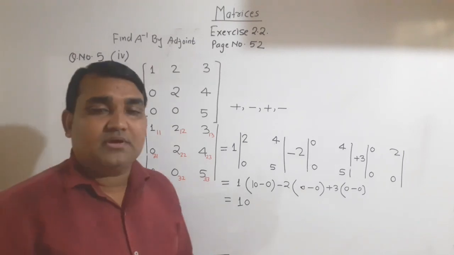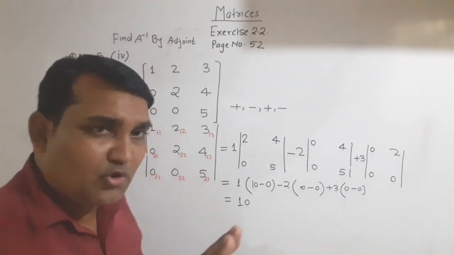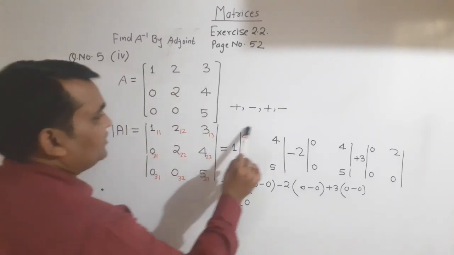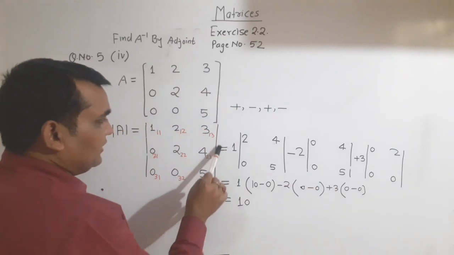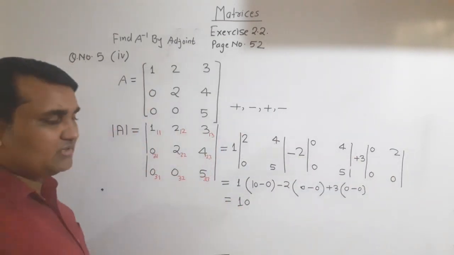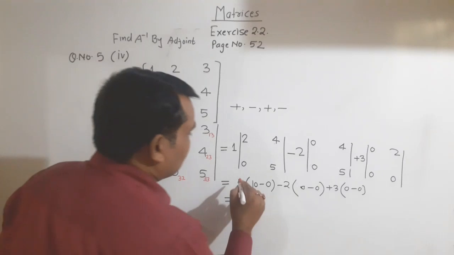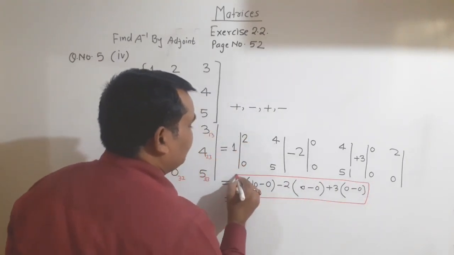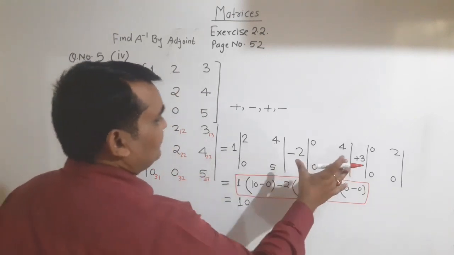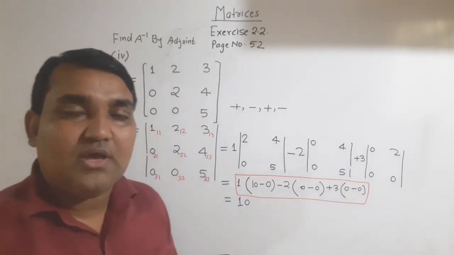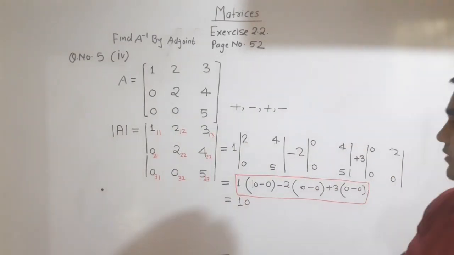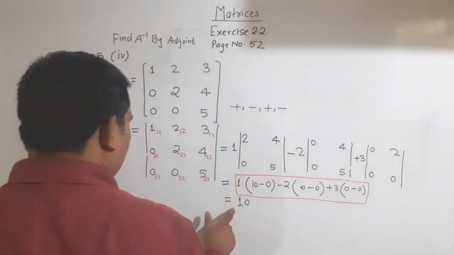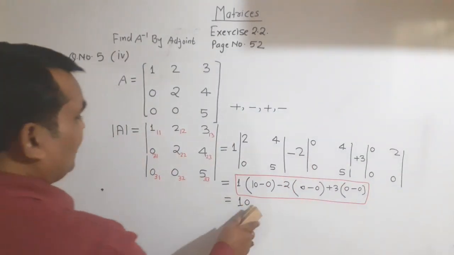In exam, remember, you are not supposed to find the determinant of the given matrix in this format. You don't need to write all this. You can directly write down this step and find the determinant. This I have given you just for the explanation, just for your revision, how to solve the determinant of order 3 by 3. So I will rub these things. I got the determinant as 10.